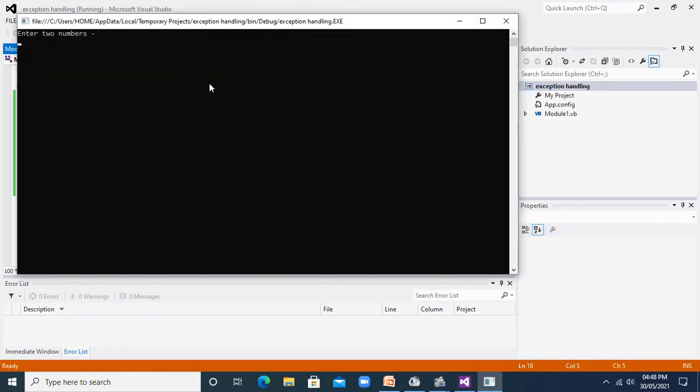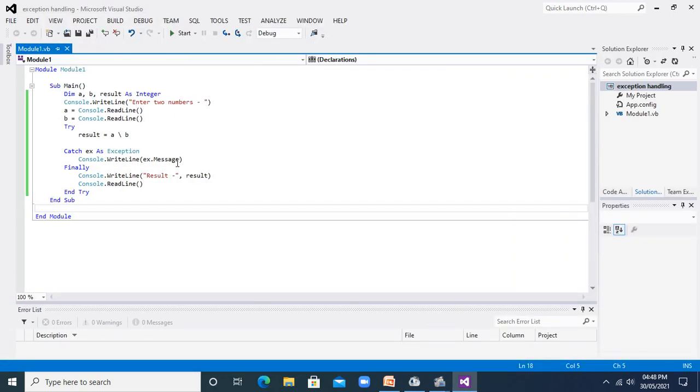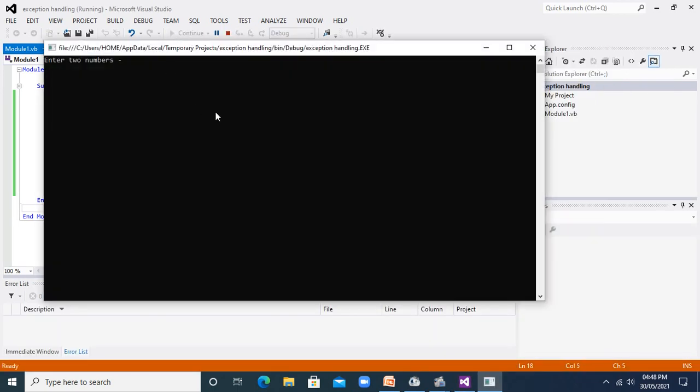Now it will ask me for two numbers. Let us say I will enter these two numbers, so it should give me the result. So we will check why our result is not displayed. It should give the result of our division. So I will execute here again. I will give the next numbers, and the result is not displayed.